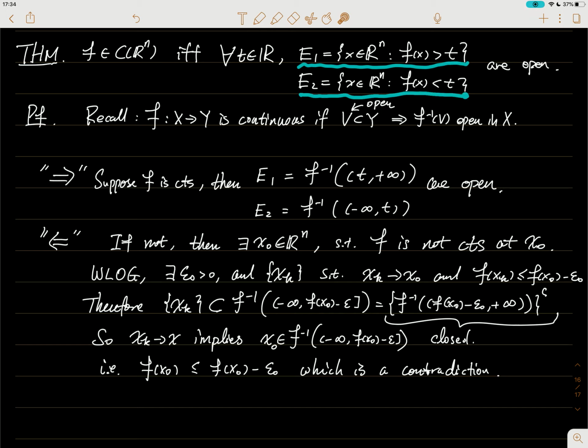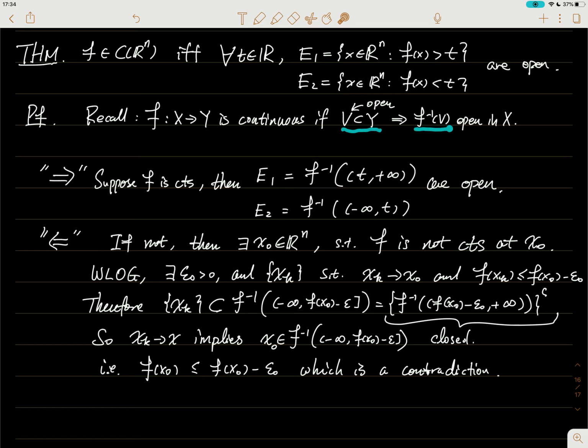So E1 and E2 are also called the super-level set and the sub-level set of f at t. Okay, so to show this theorem, let's first recall the definition of continuous functions in analysis. When you study analysis, you know that a function f is a mapping from a metric space X to another metric space Y. We call it continuous if every open set in Y has an inverse image, which we denote by f inverse of V,